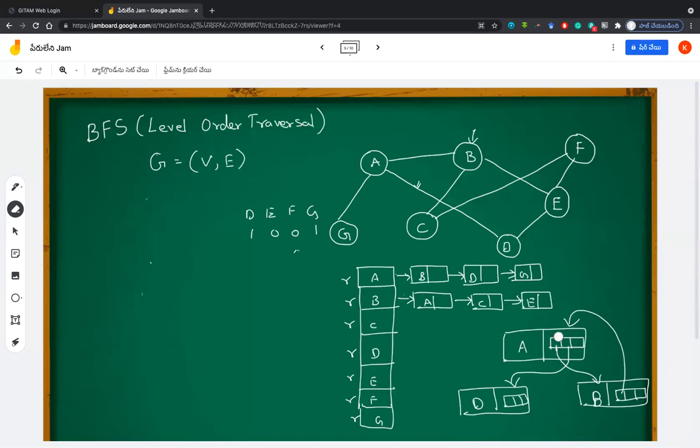If you take this node, take the node's address list and append another node to that. That's quite easy for you to understand. And it's also very easy that we can mark the visited nodes and all. So after telling all these things, you can just see how you can implement this type of BFS in your code.